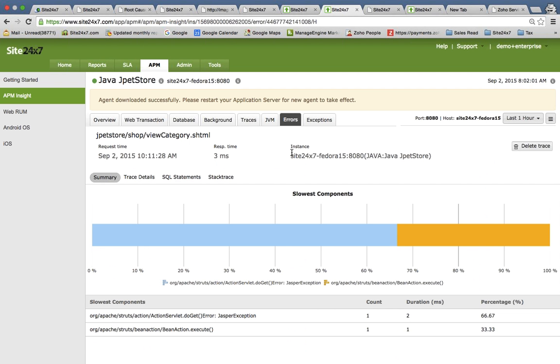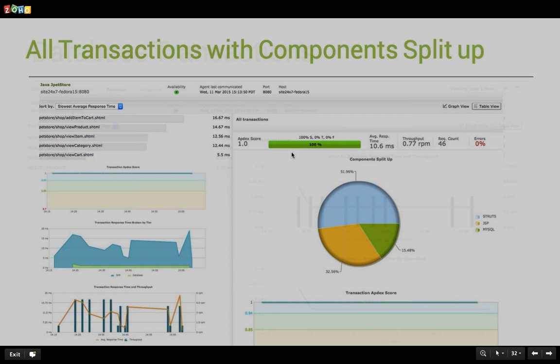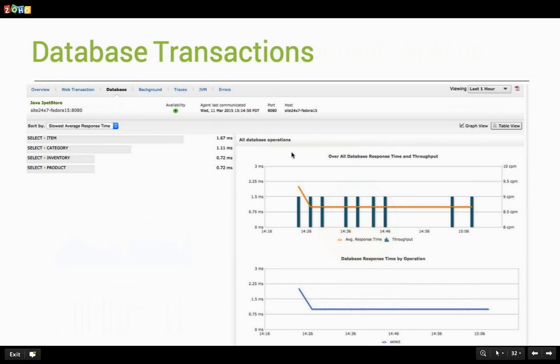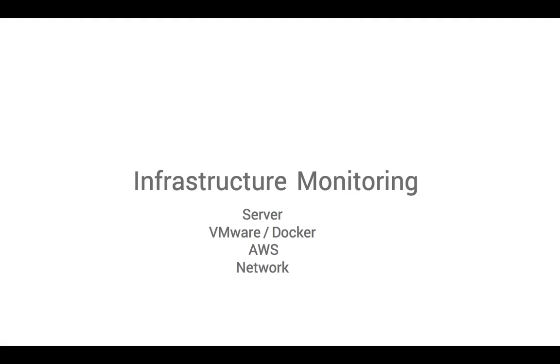So it acts as a developer's handy tool, which helps your developers optimize the code for better end user experience, so that they can optimize the code, which is obviously going to enhance your application's performance. This we already checked with the product, the database transactions, and the Java traces. So now we have monitored how the applications perform, so we can fix the issues with